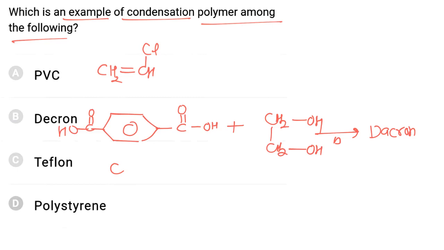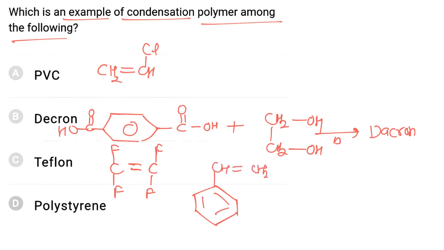Teflon, now Teflon is an addition polymer of tetrafluoroethylene. Now this molecule is tetrafluoroethylene. So those molecules which have unsaturation normally give addition polymers, and those molecules in which a simple molecule like water, ammonia or alcohol is removed react via the condensation polymerization method. Now polystyrene is a polymer of the styrene molecule. Now this is the monomer styrene, and it will be converted to polystyrene, and again polystyrene is an addition polymer, hence the correct answer is B.